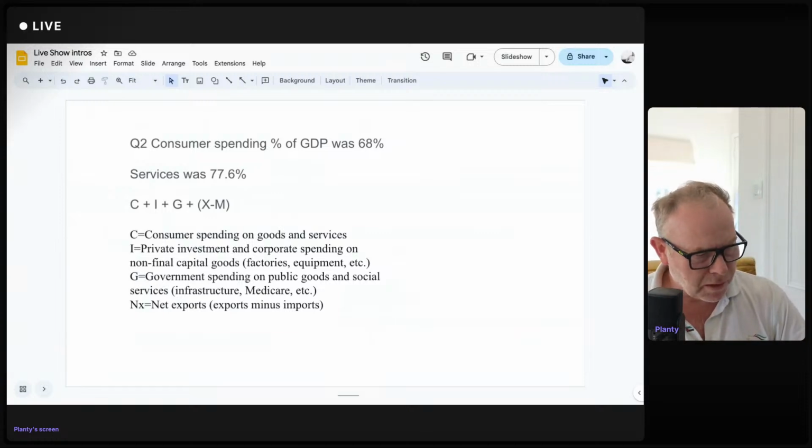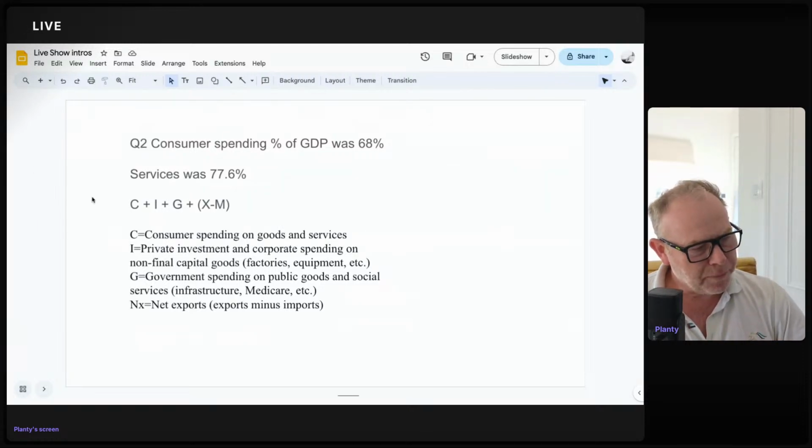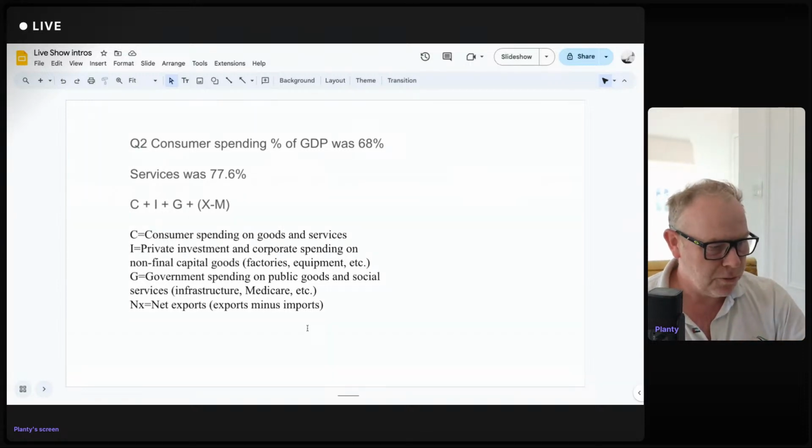Government spending, that literally is like welfare programs, infrastructure spend, building the roads and all that kind of thing, Medicare, as it says there. And the way to think about aggregate demand and GDP is, how do we keep it going if one or more of those factors suddenly don't start performing? And if you think back to